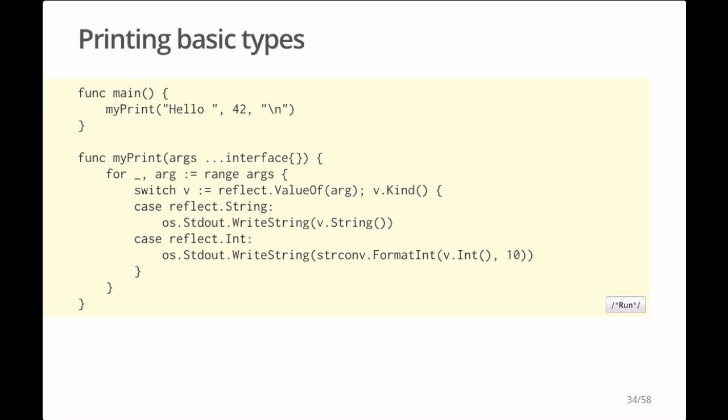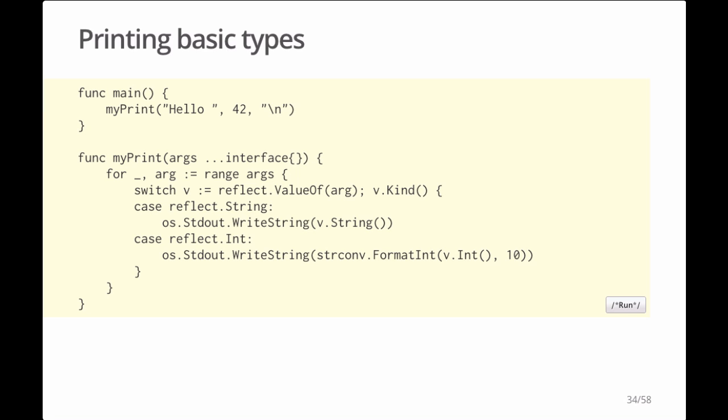And so here, myprint loops over the arguments, and for each one it executes a switch statement. The first thing the switch statement does is execute this assignment, v := reflect.ValueOf(arg), and that creates a new variable v, initialized to the result of the function call. reflect.ValueOf returns a reflect.Value, which has a Kind method that you can use to find out what kind of value was passed to ValueOf. And that's exactly what the switch looks at, v.Kind. So if the kind is reflect.String, then myprint fetches the underlying string by calling v.String, and it passes it to standard output's WriteString method.